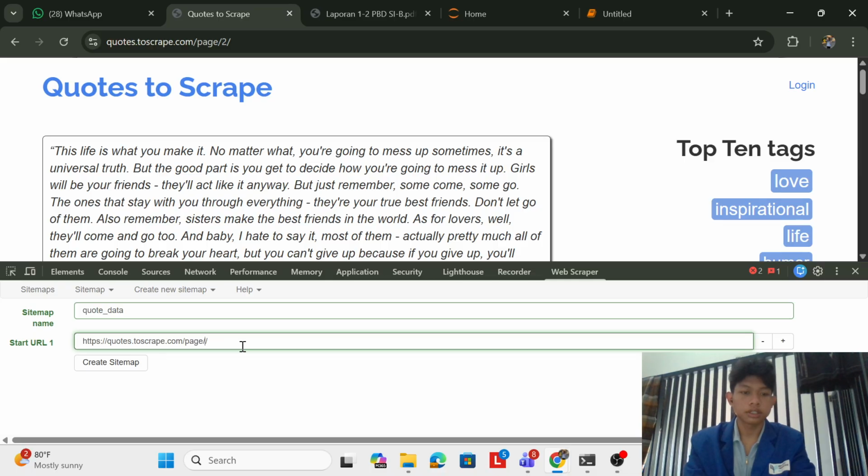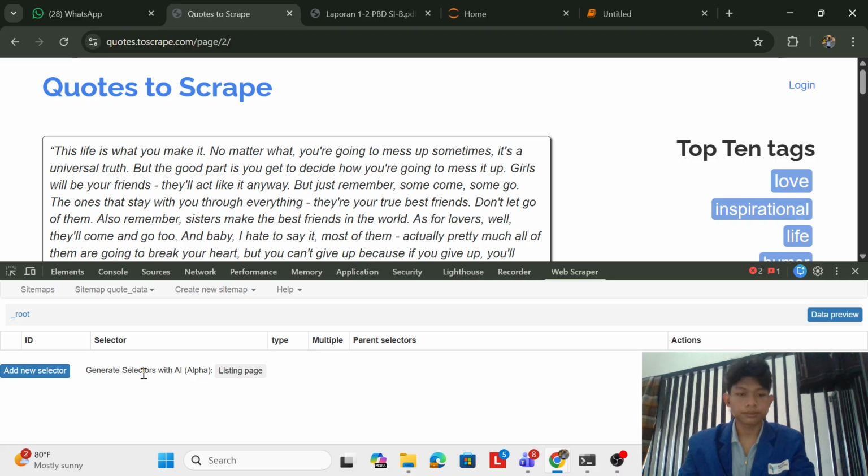I recreate this URL with pages 1 to 5 and click create sitemap. Next, I need to create a parent selector, which acts as the main container for each quote block.